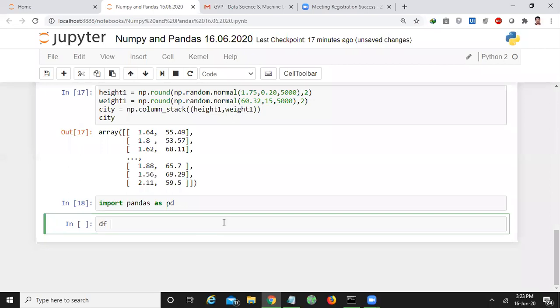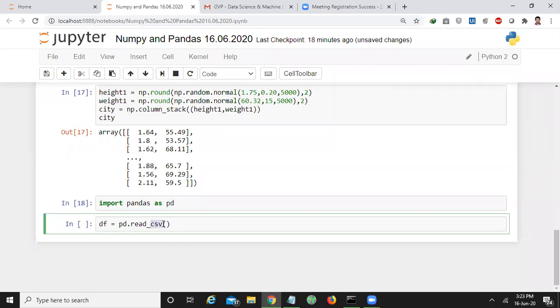Generally we declare that as a variable df. df stands for data frame, which is a data structure used to study the data. So first you have to know how to load the data into this data frame. Generally data sets are available in the form of CSV files.